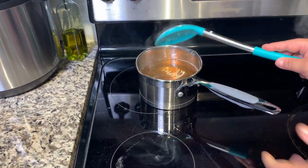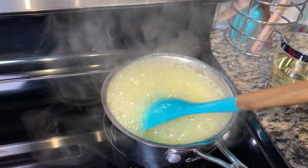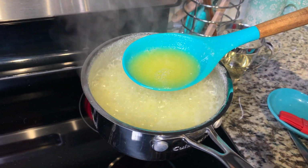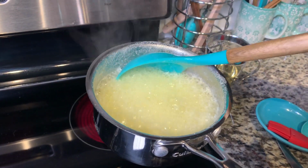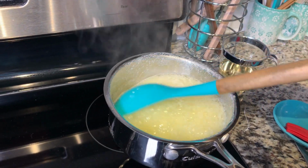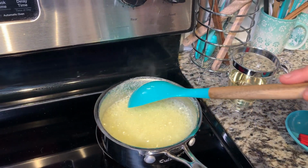It's gonna be ready to be used. Yeah, you see the butter now is already melted, and you can see the milky part at the bottom, so you still have it. I want them to be burned a little bit, and I am gonna keep it for 2 more minutes, and this is gonna be ready for